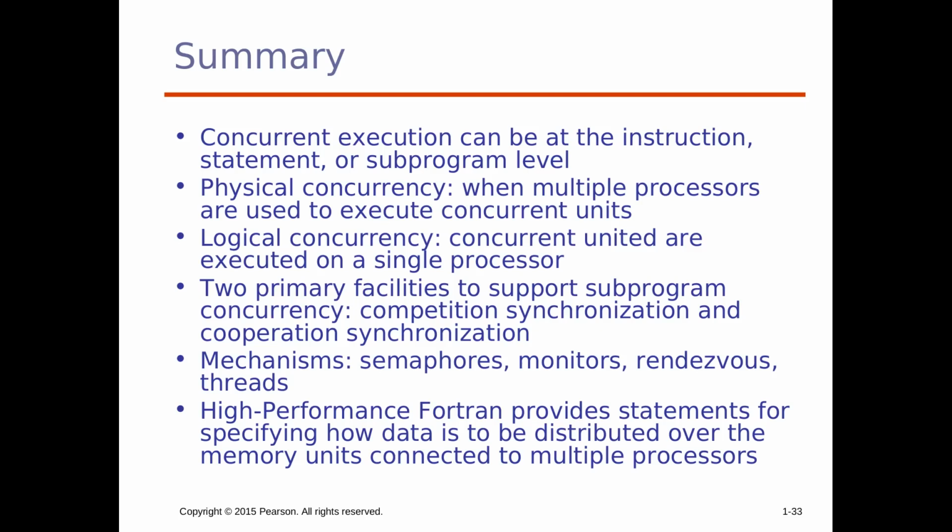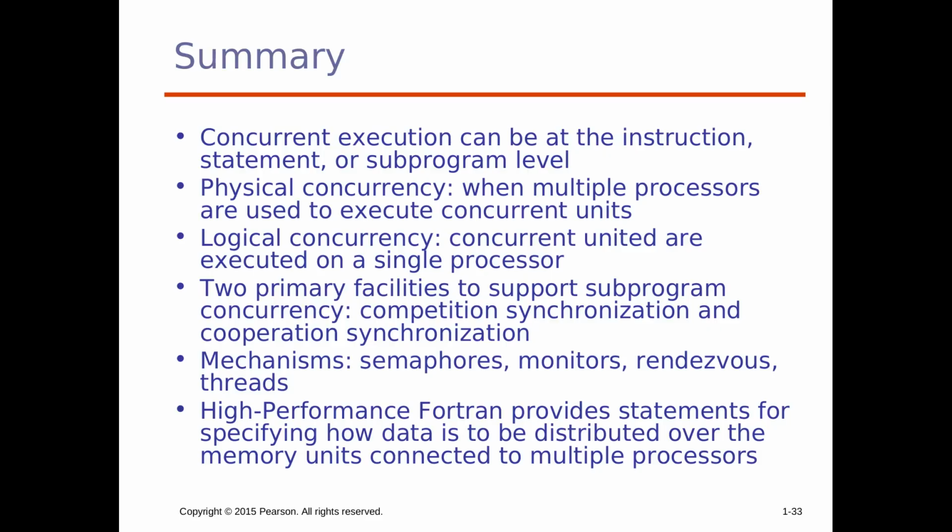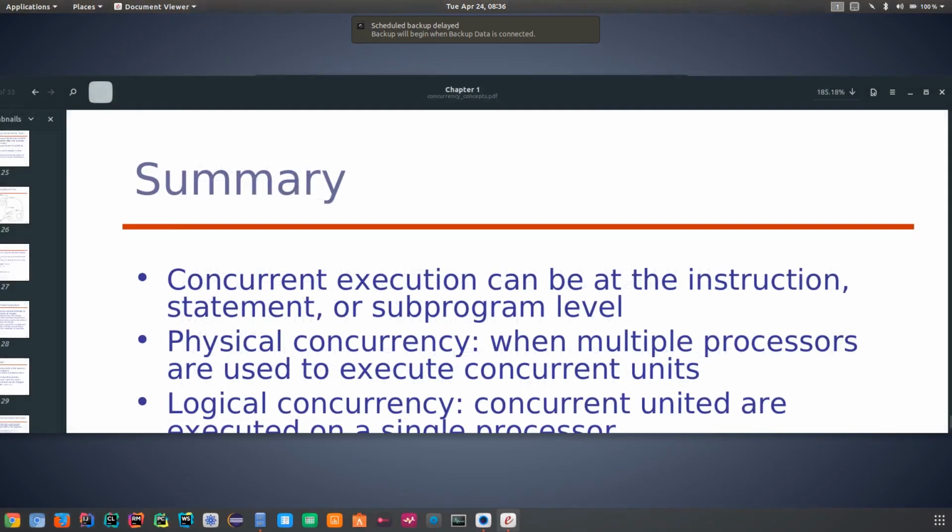The two primary facilities that support subprogram concurrency are competition and cooperation synchronization. The mechanisms for that are semaphores, monitors, rendezvous, and threads. And then finally, don't worry about High Performance Fortran. There are all sorts of different things. We don't care about that. Java thread evaluation is in essence, oh, sorry, I went the wrong way. Anyway, so that's the end of that. And I'm going to, in a minute here, in the next part of this,